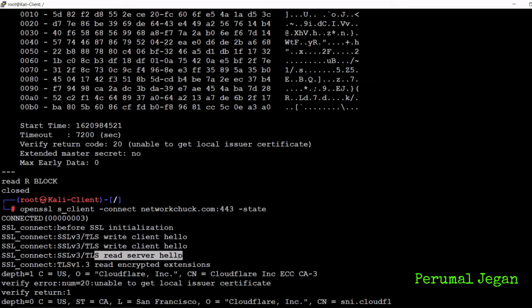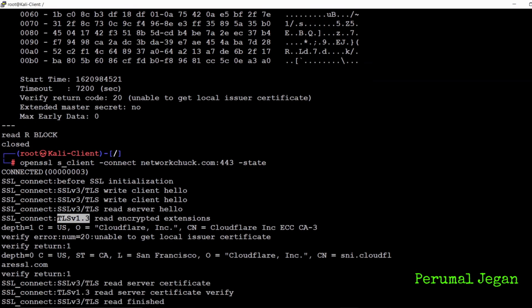and after that, the server hello. The server says hello in reply to the client hello message, and it reads the encrypted extensions. Here the encryption method is TLS version 1.3, an advanced one. When I scroll below,